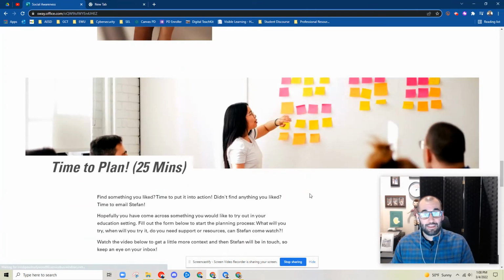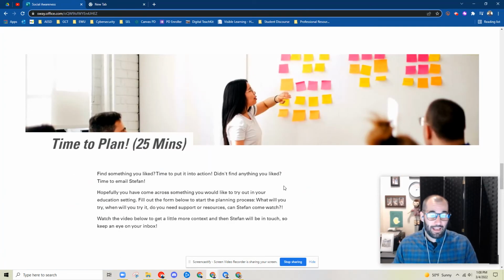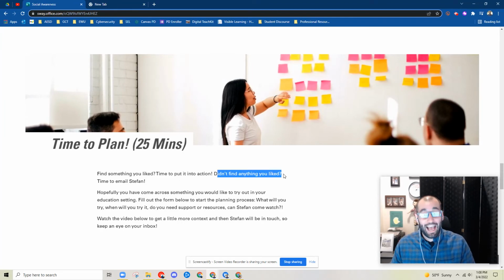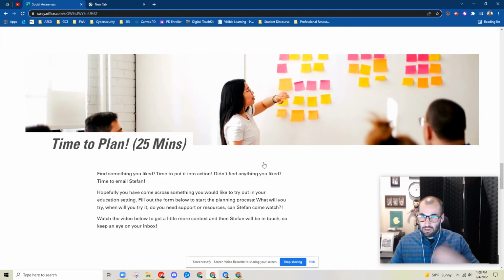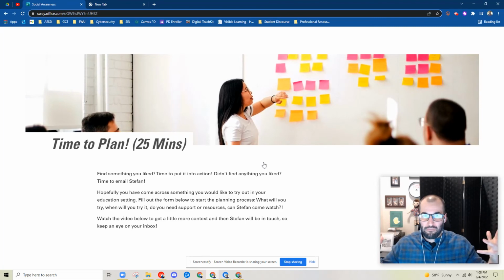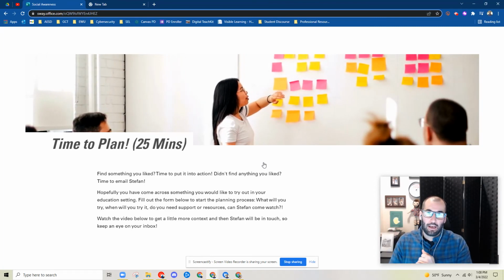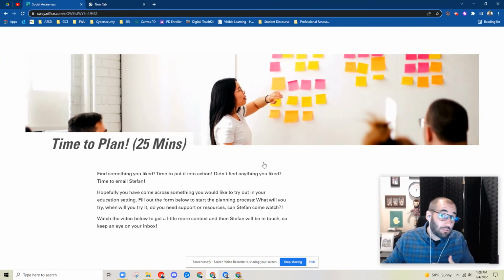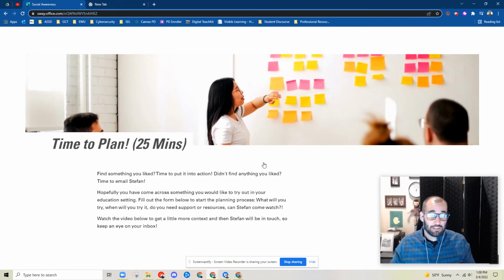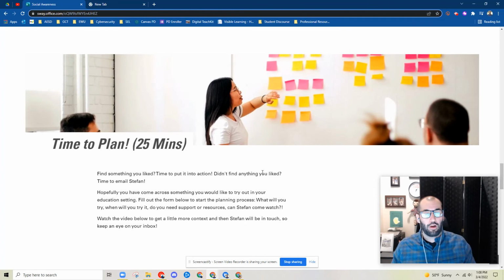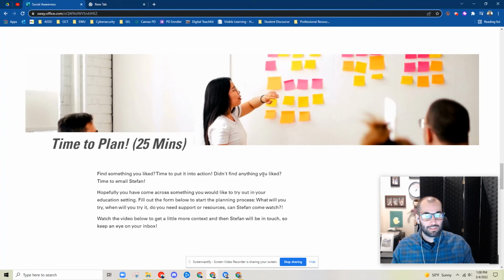Once you have found something that you like, you'll move on to the lesson planning phase here. But if you didn't find something you like, I'm sitting on so many resources. I reached out to multiple people, and SEL is such a big focus that I've got a ton of stuff. So please do not hesitate to reach out to me and ask me to come in, hang out. We'll have a conversation about what we can do to support your students in social emotional learning.